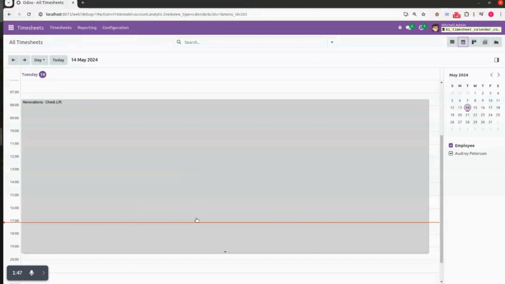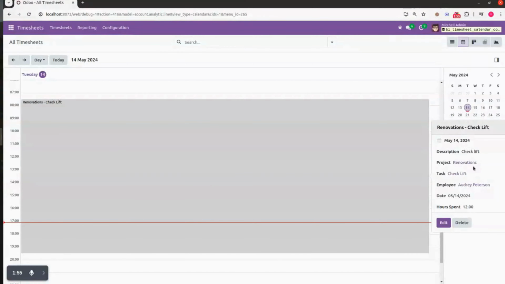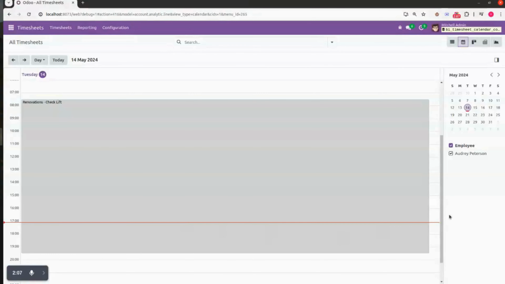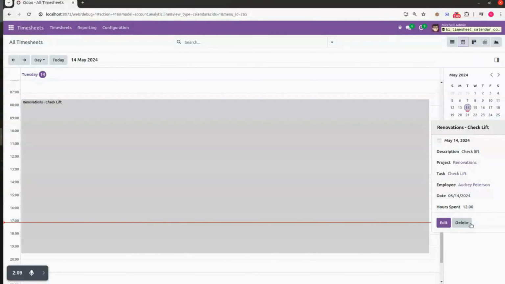Once this is completed, you can see there is an all day calendar entry for this particular date. This will be created. If you click on this, you can see all the details of this particular task. You can delete this task or you can edit it. If you want to edit, you can click on edit this task and you can see this will be opening. You can edit this and save and close. If you want to delete this, you can click on this particular delete button, so automatically this will be deleted.